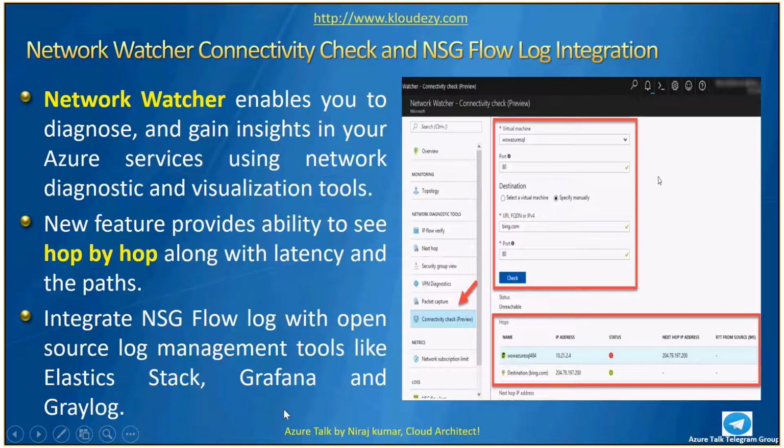From there itself, you can look at it, and as I said earlier, these NSG flow logs can be integrated with open source log management tools. Some of the names are listed here: Elasticsearch, Grafana, and Graylog, plus any other log management tool, or SIEM per se. Oshi has that question, so you can use that with any tool, and if it is not natively available, you can always use blob storage, and from there you can import into your preferred SIEM too.